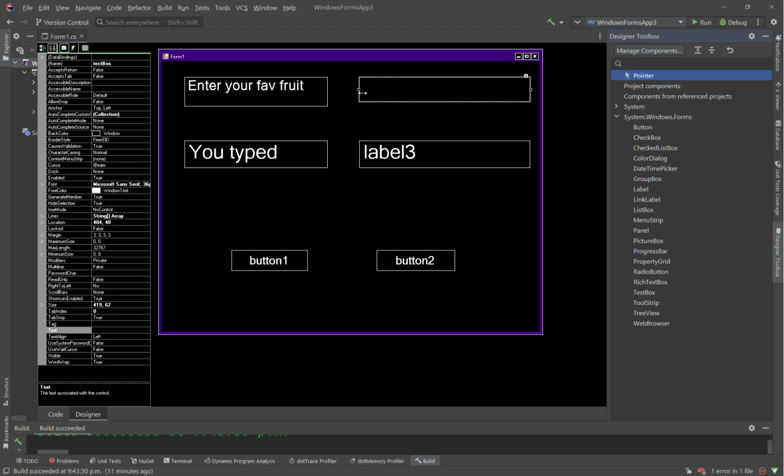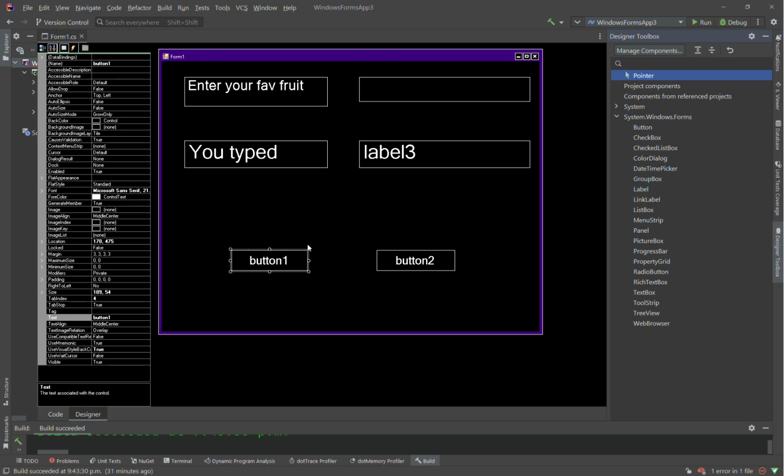So we have text box, label 1, label 2, label 3, button 1, button 2. Okay, let's go with button 1's text property. Let's get the bounding box up, we'll click it, then we'll click the text property. I might have to split this tutorial up into 2 videos, but we'll click the text property, then we'll change the text property to